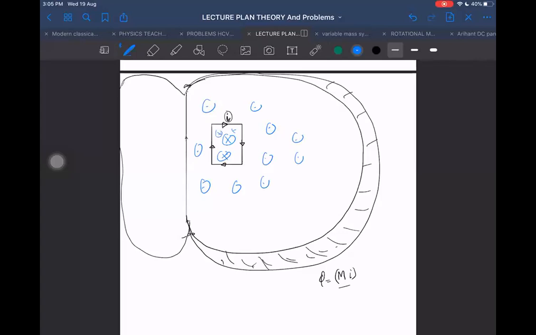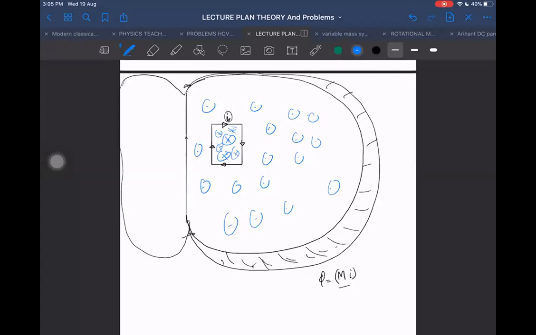Why so? Because the number of field lines will be the same. If there are, let us say, a million crosses, then there will be a million dots also. Those million dots are spread throughout the region, but these crosses are contained only within the small region, within the square loop. Each dot represents one field line coming outside, and each cross represents one field line going inside. So going inside will be the same as coming outside.